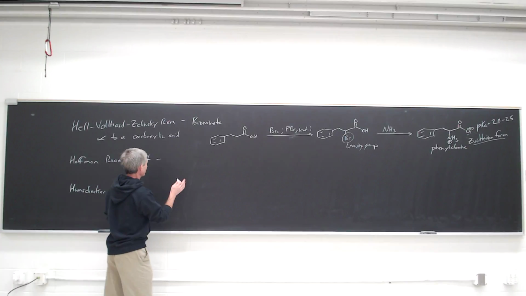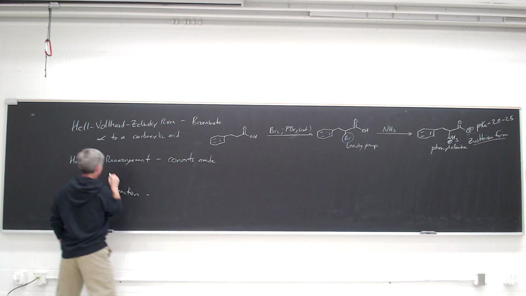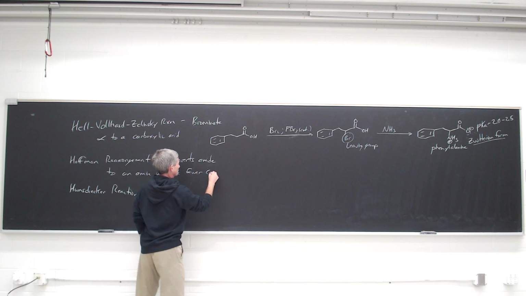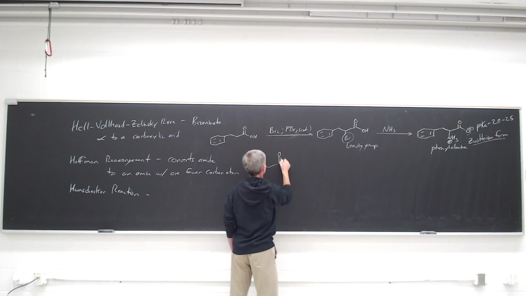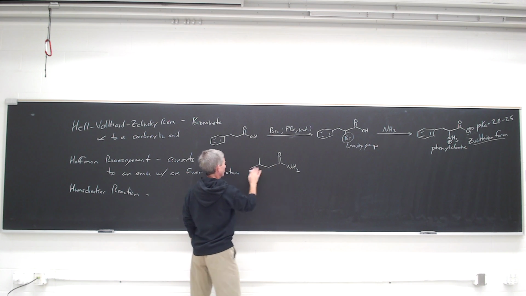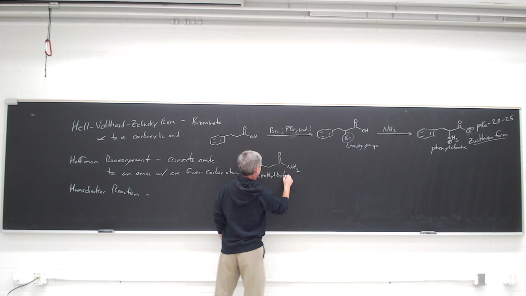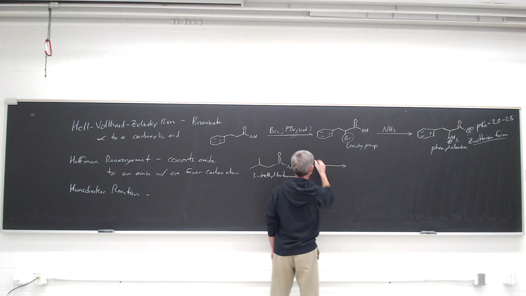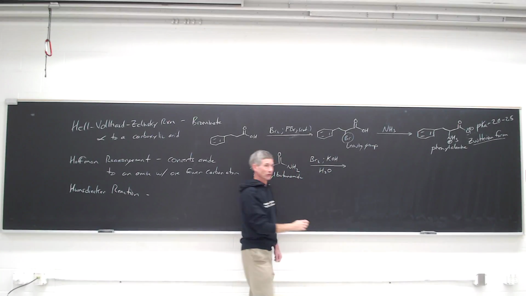The Hofmann rearrangement, the net transformation is to convert an amide to an amine with one fewer carbon. So if we have this primary amide, 3-methylbutanamide, treated with bromine and sodium or potassium hydroxide in an aqueous system,